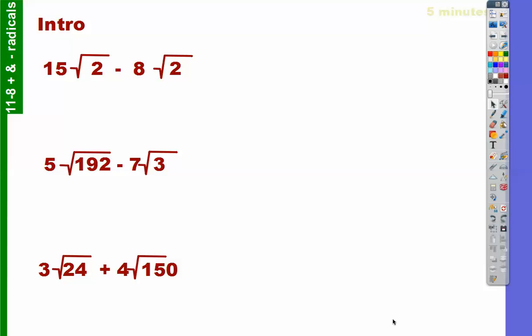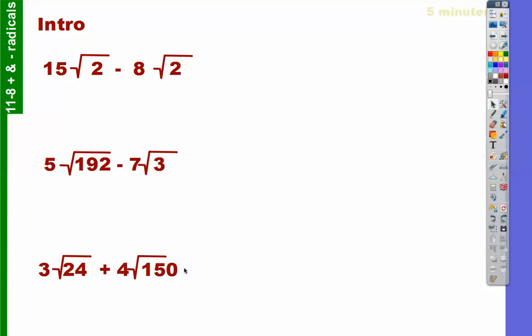Alright, so today we're going to talk about adding and subtracting radicals. Now, two days ago we talked about radicals being treated an awful lot like variables. So you cannot add or subtract radicals that are not identical. And that's just a rule we have to remember. Just like with variables, you can't add x plus y. It's just x plus y. You can't combine them. So we're going to use that in solving these three problems and then two more that